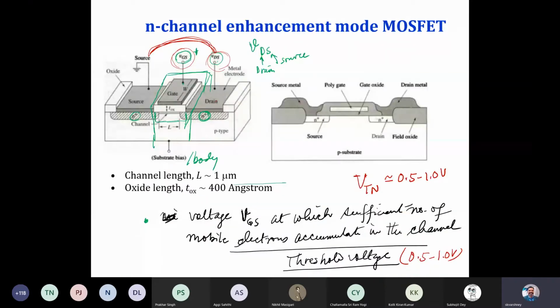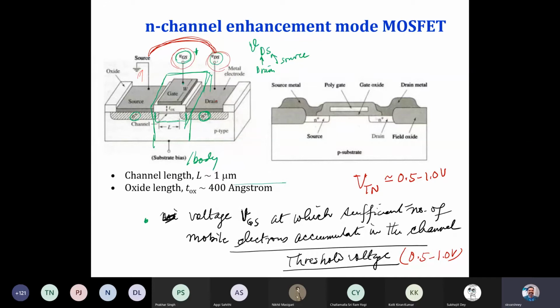So the device looks like a three terminal device, but there are basically four terminals. The fourth terminal is the substrate or body, and you have the source and drain. Source is always kept at the ground potential, the common ground, and we apply a signal at the drain terminal. If you apply a small signal, the electrons are going to flow from source to drain, so the current enters from the drain and leaves the source terminal. That's the current flow direction in this NMOS.